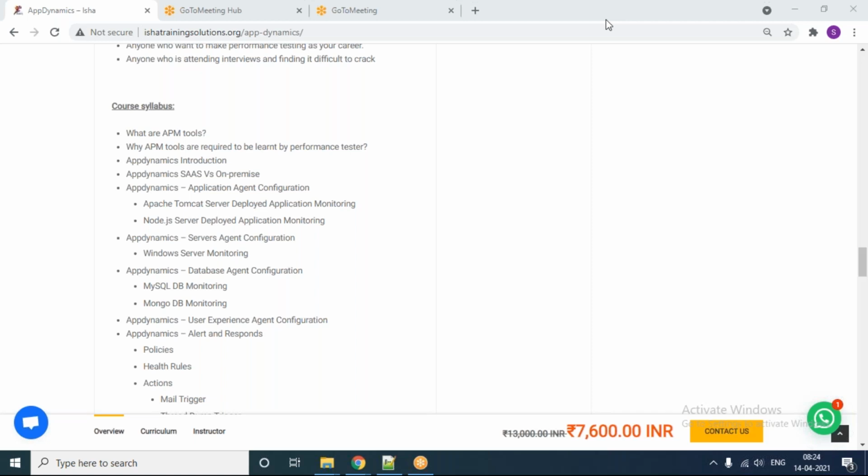There is a concept in Dynatrace called OneAgent, which takes care of everything in different layers. In AppDynamics there is no straightforward option like this, but there is one more option called universal agent, which takes care of everything, but it is not that familiar now. That universal agent concept is not that familiar now, but the OneAgent concept is very famous.